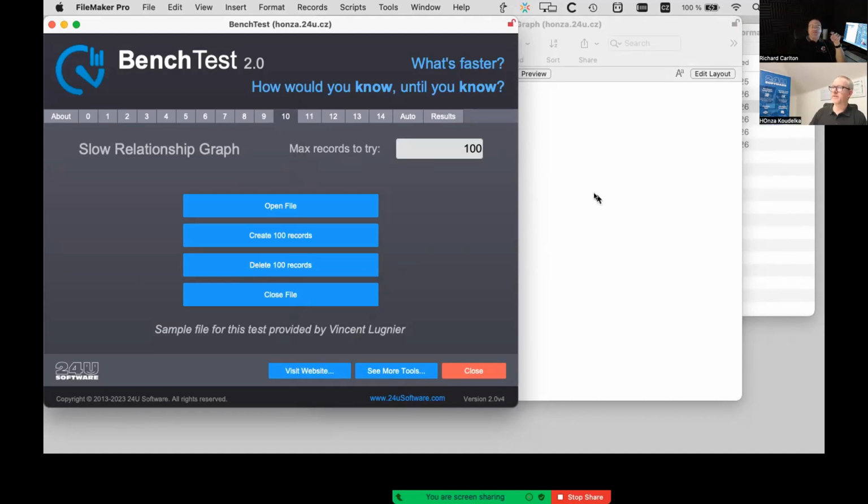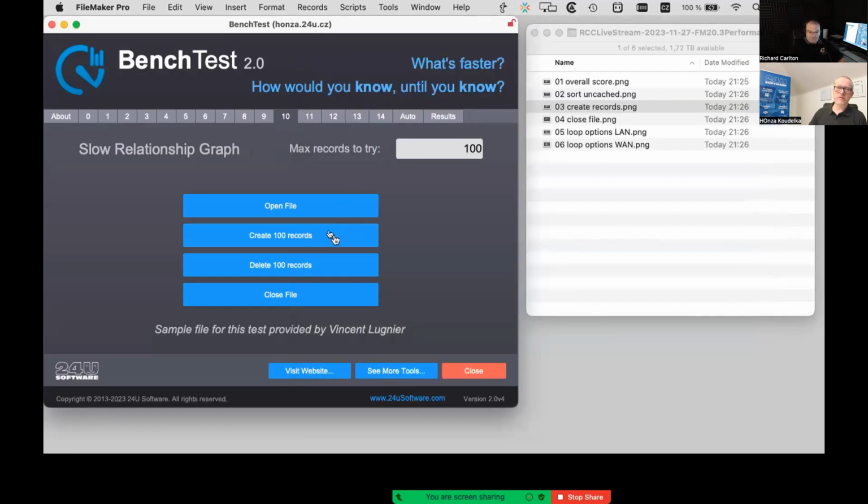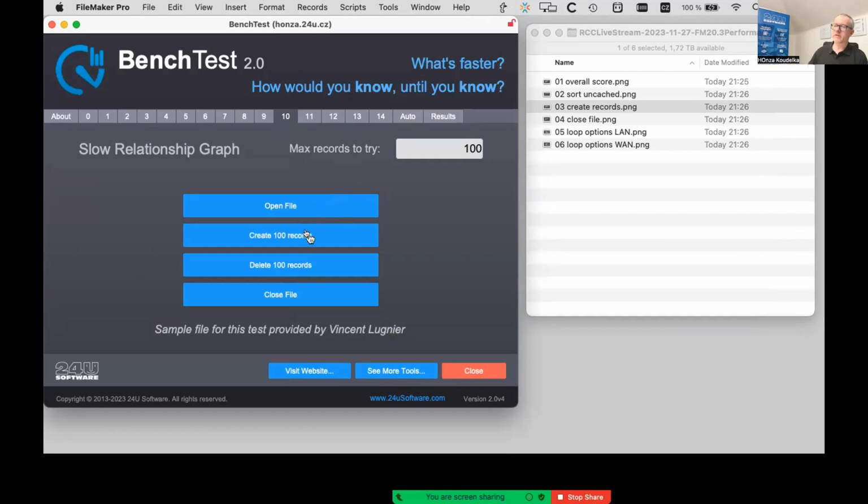Okay. And these are running locally or on the server? Oh, you could run it on the server, right? Because I'd want to see this on the server, not locally, but on the server, right? Yeah. Well, I'm actually connected to my own computer as a server, so that's localhost. Okay. So it's actually worse in a local file because the server